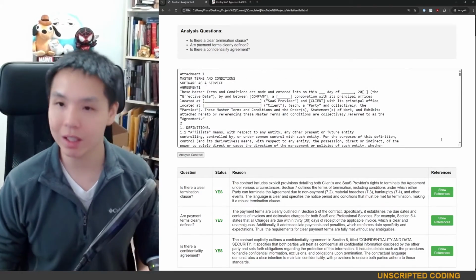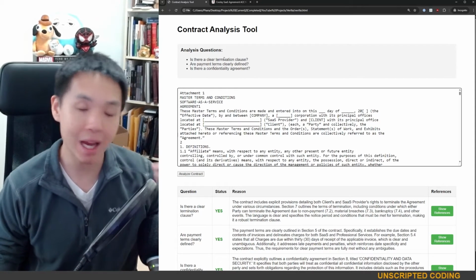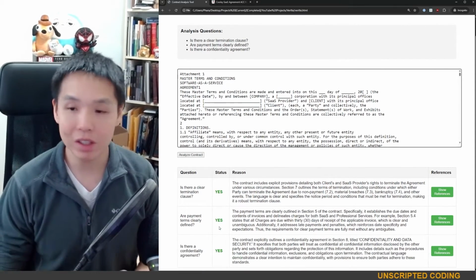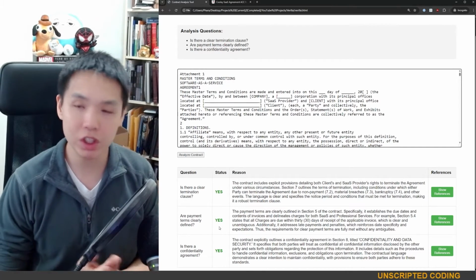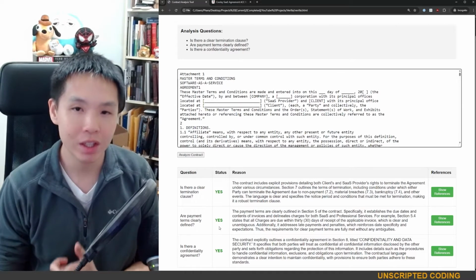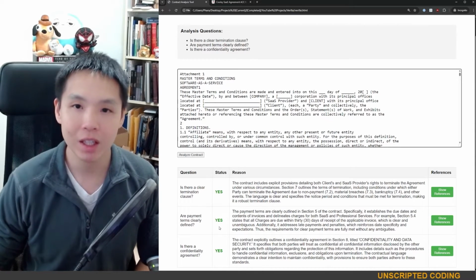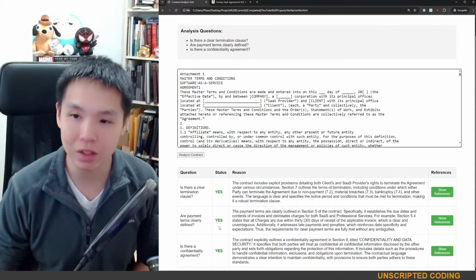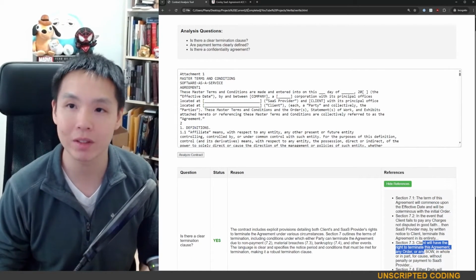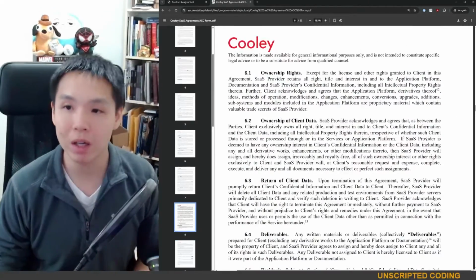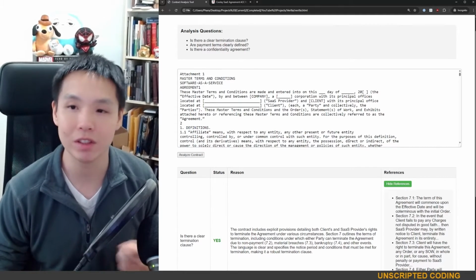But I think it's really exciting for us to be able to put this in, batch it together, and ask a series of questions. Now, these are pretty basic, but what I want to say is, one, you should never trust AI on its own. There should always be human oversight, but it's really useful as a first, initial, quick look, especially because it's pulling references. You can double check very clearly. If I was to read this top to bottom, it would take me 20, 30 minutes, whereas I can just jump to the relevant sections